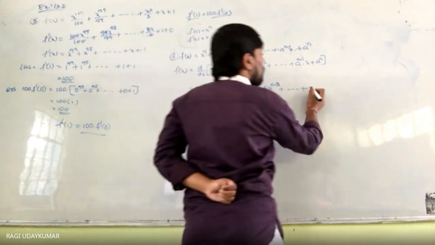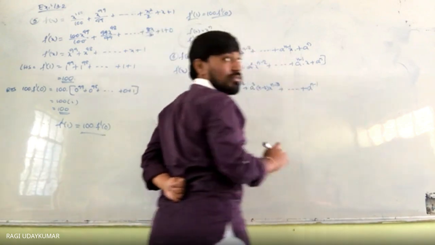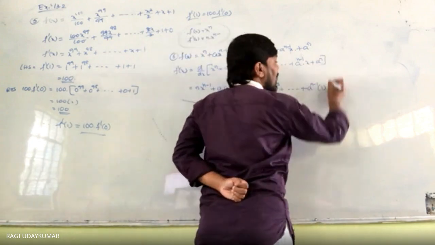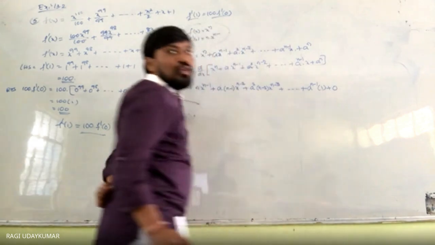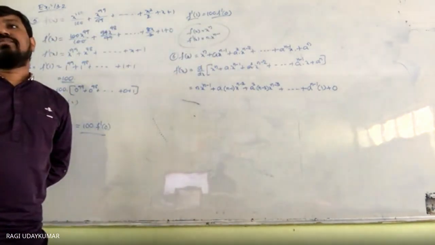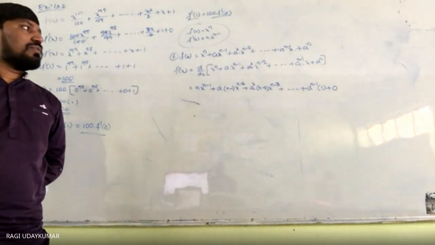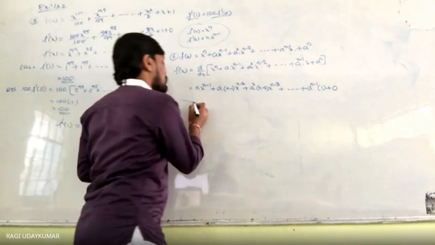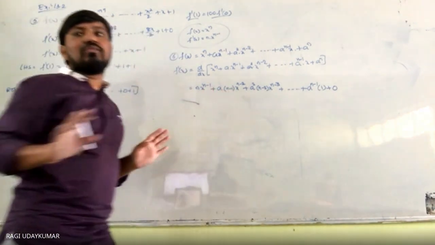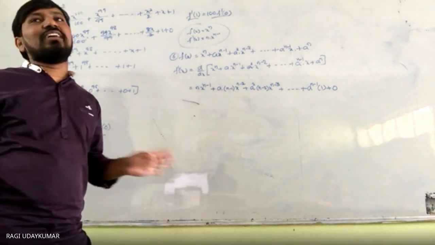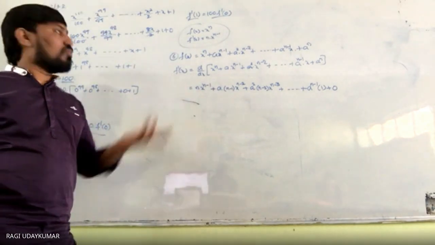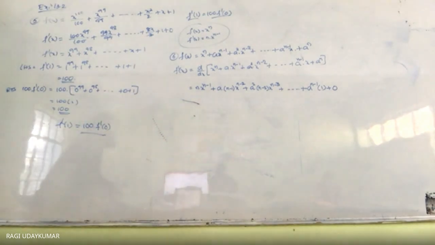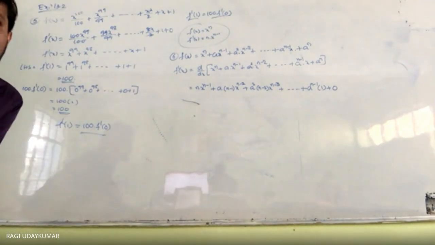a to the power of n minus 1 into 1, its derivative, and the last term is a constant, a to the power of n, whose derivative is 0. Then the final answer is, except the 0, the remaining terms that you have written. That is the final answer. You cannot simplify it further. It is asking you to find the derivative of this particular function.